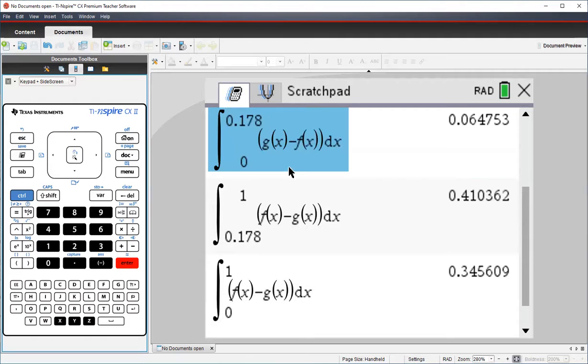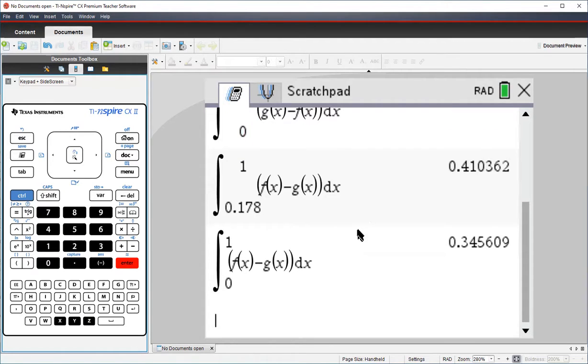And the reason for that is that this first area is g of x minus f of x, and the second one is f of x minus g of x. If I'm calculating it like this, then it's calculating region R like it's a negative area instead of a positive area. And so it's subtracting the 0.06 from this when I wanted it to be adding. So that just gives you a little bit of a clue that you need to be careful when you calculate the